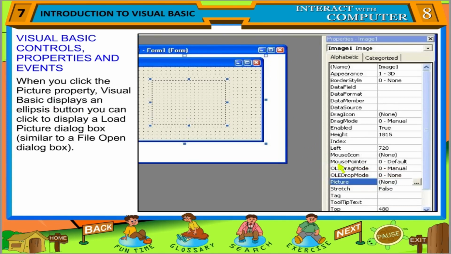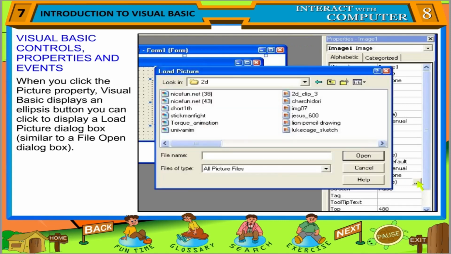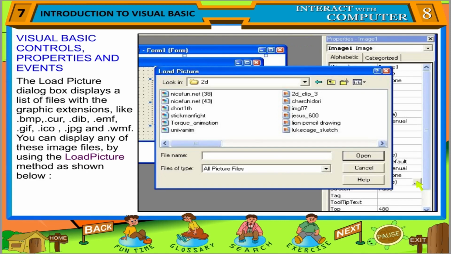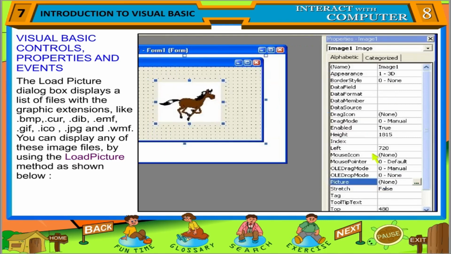When you click the picture property, Visual Basic displays an ellipsis button. You can click to display a load picture dialog box, similar to a file open dialog box. The load picture dialog box displays a list of files with the graphic extensions like BMP, CUR, DIB, EMF, GIF, ICO, JPG and WMF. You can display any of these image files by using the load picture method as shown